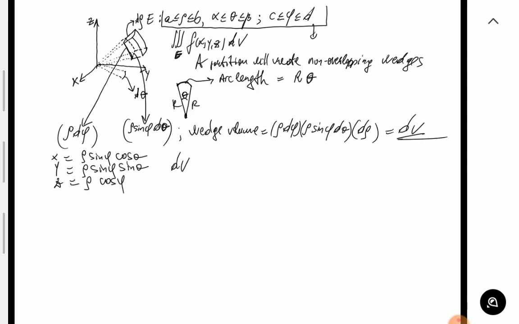And dv becomes, if you rearrange the terms here in the wedge volume coming from that partition, rho appears twice, so it's rho squared sine of phi, and then